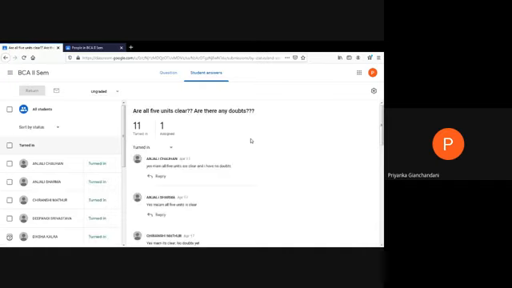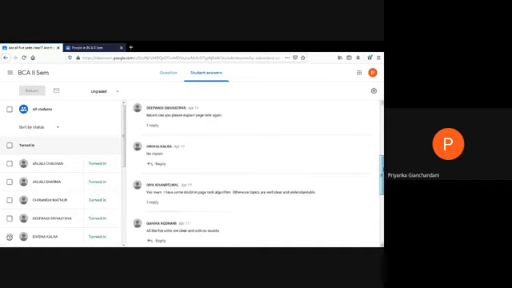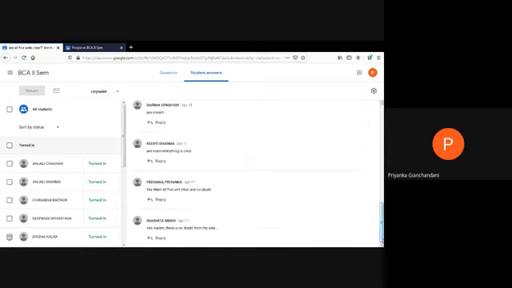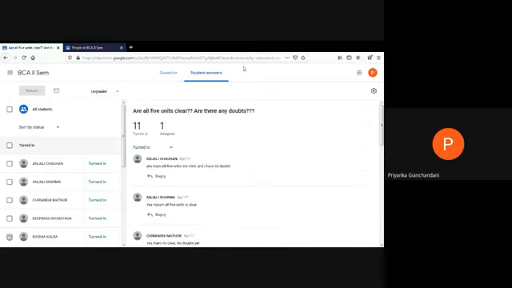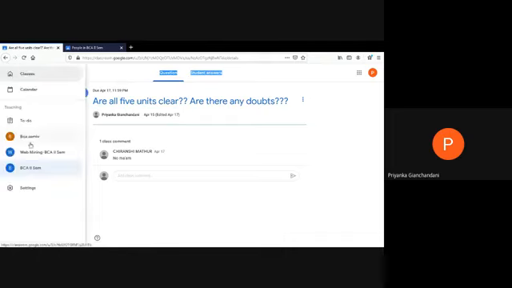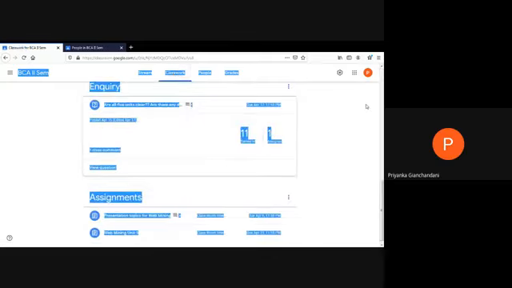So these are all the responses of my students. One of my students is saying that she has some doubt in the PageRank algorithm. So I conducted a doubt session for all of these students specifically for the PageRank algorithm. This way I can always share some question with the students, and the students can always respond back to those questions. So we will again move back to our classwork tab.